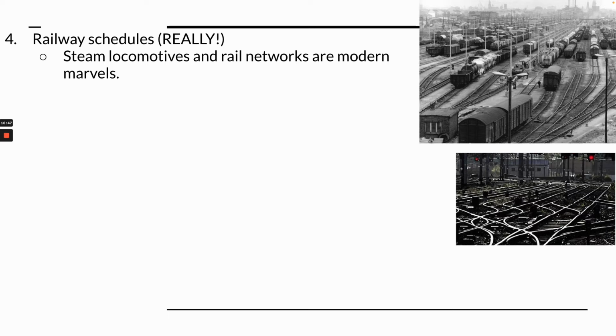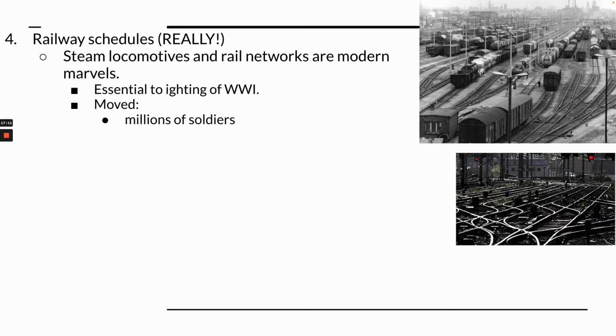Steam-driven trains, the rail networks they run on really are modern marvels. They're still modern marvels. We don't use steam engines. We use diesel, electric, and purely electric trains. But trains and rail networks are still amazing. And they were, we've lost an F, but I think it's in your notes, essential to the fighting of the First World War